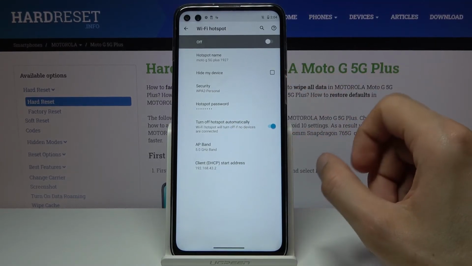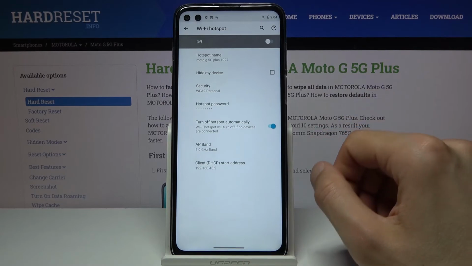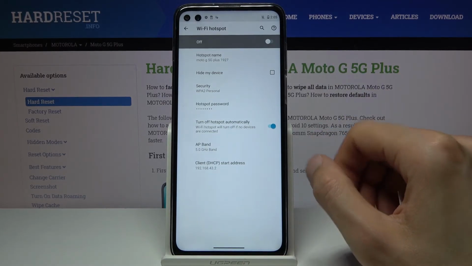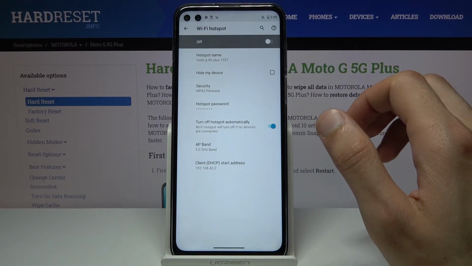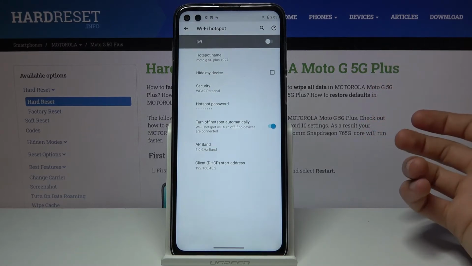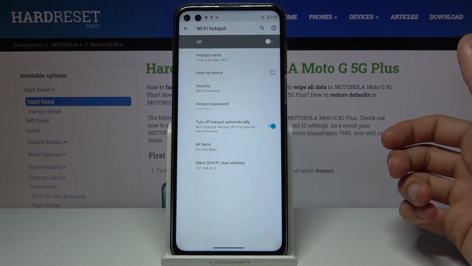Then below that you have hide my device. I would strongly discourage you from selecting that. It will literally hide the Wi-Fi from being found. So whenever you're trying to connect to your Wi-Fi, I don't know if you ever noticed, but at the bottom